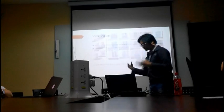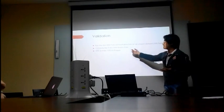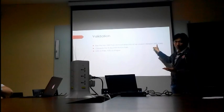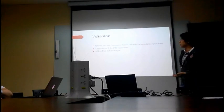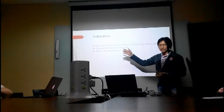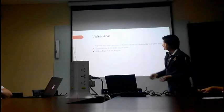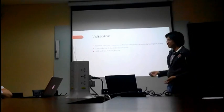And so they validated their SVMs by, first off, running the top 1,000 Paris element SVMs or detectors on an unseen dataset. 50% of that dataset is from Paris and 50% is from wherever else. They computed the number of times the SVM fired in Paris, and it turns out it's 83% accurate on Paris, and in Prague it's 92% accurate, meaning maybe Prague is easier to